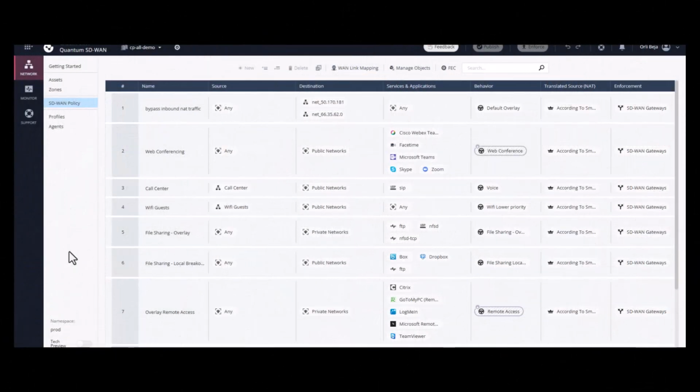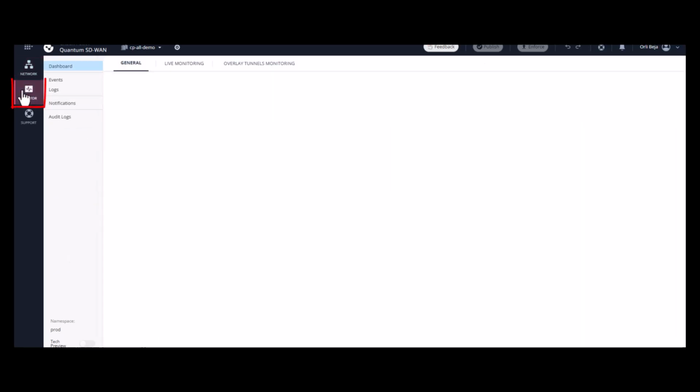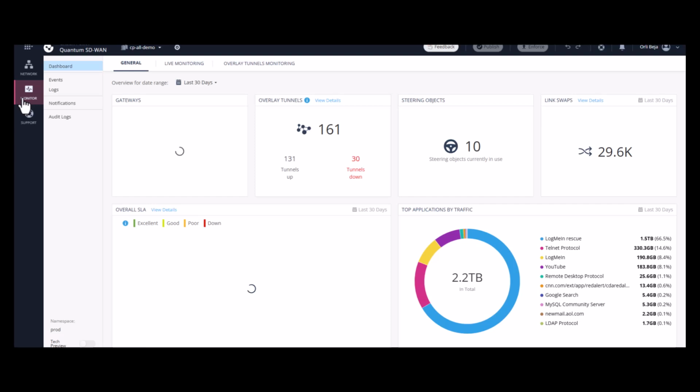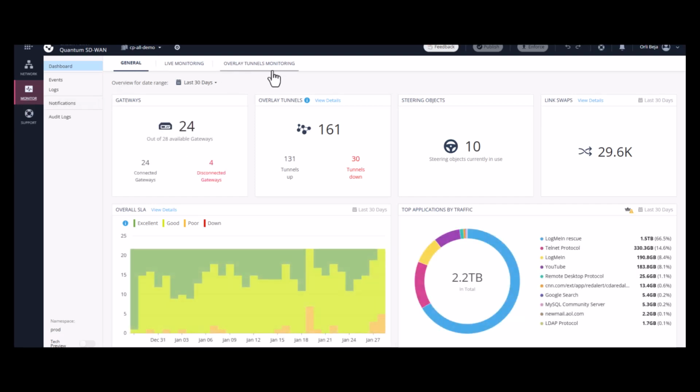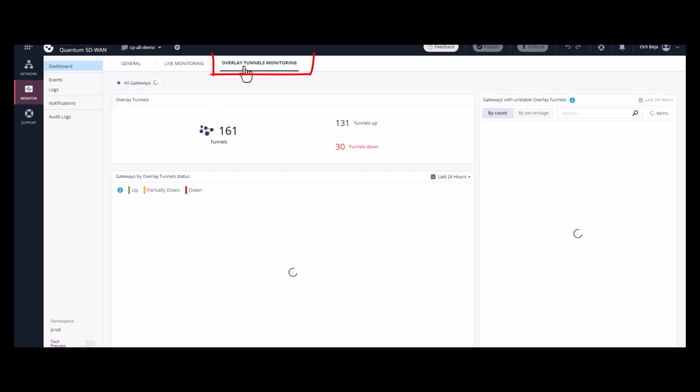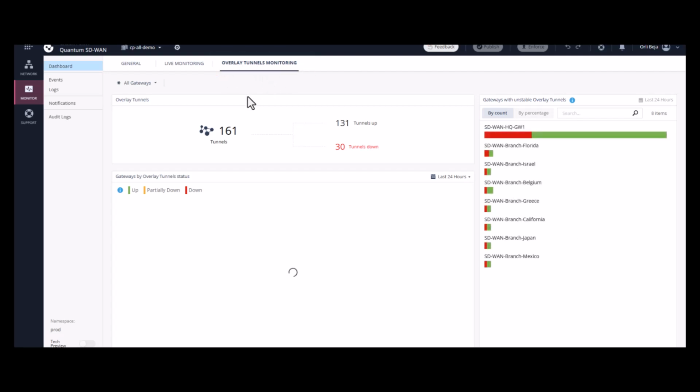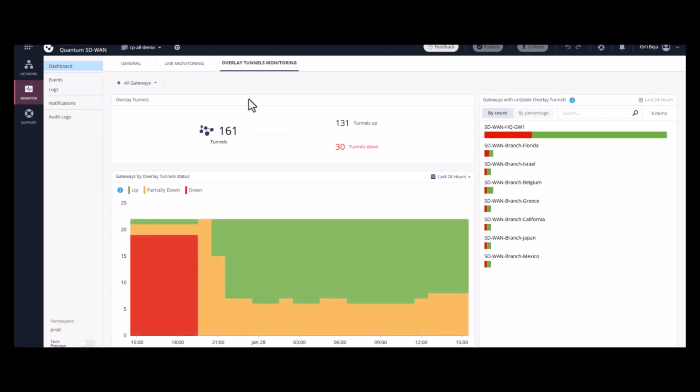Having configured WAN links and policy, it's time to focus on real-time monitoring. With SD-WAN's overlay tunnel monitoring tool, we can quickly gather valuable data, identify issues, and simplify troubleshooting across the network. The overlay tunnel monitoring page offers two essential widgets that provide immediate insights into the health of the SD-WAN overlay,